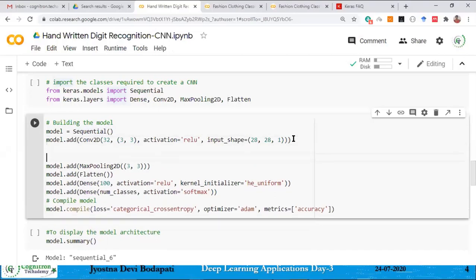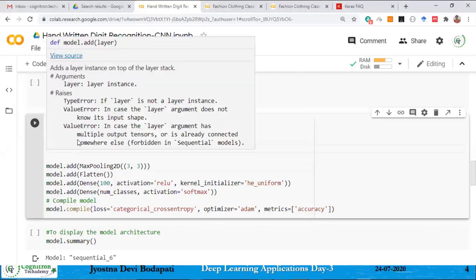Let me explain this first, so then you will be able to understand. To add any layer to your network, you should use a method called model.add. In the sequential class you have a method called the add method, so you need to use that. This add method takes a parameter of the layer type. And what is the first layer?